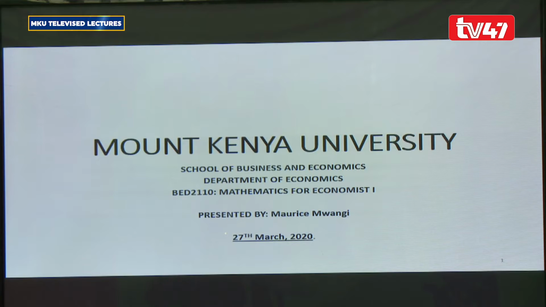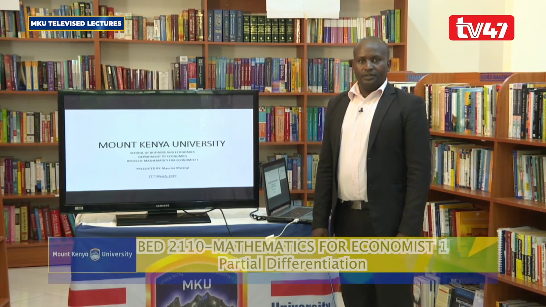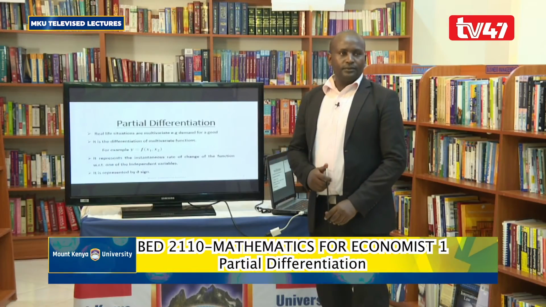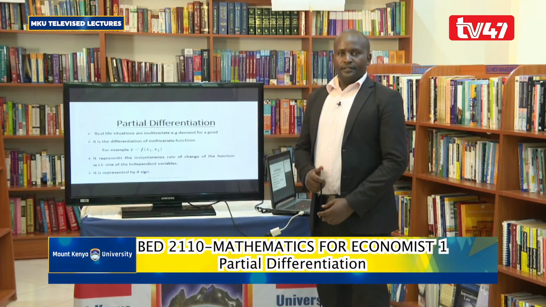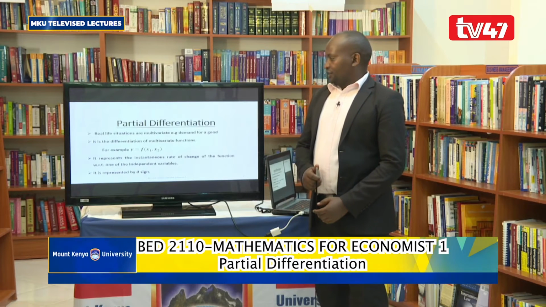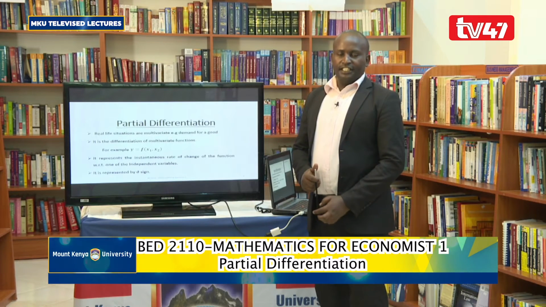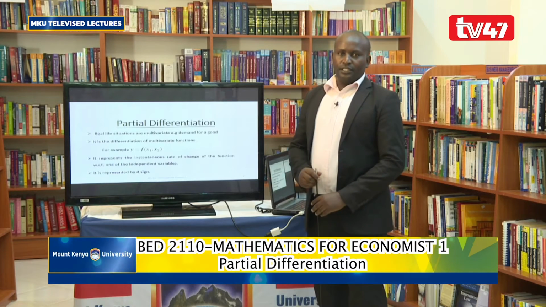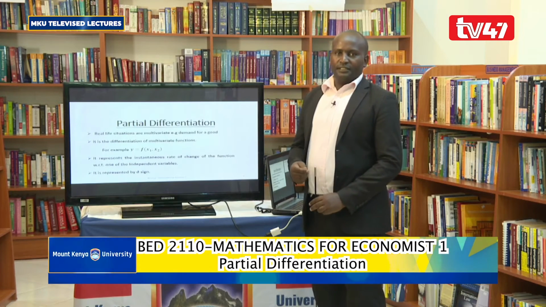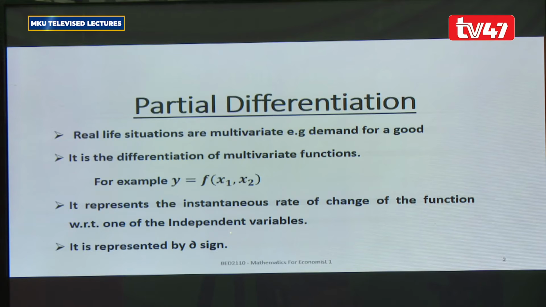Today we are going to study our unit Mathematics for Economist 1, and today we are going to study partial derivatives. Now, real life situations are multivariate in nature. That is to say, real life situations are affected by more than one factor. A good example in economics is demand. There are many determinants that affect demand,